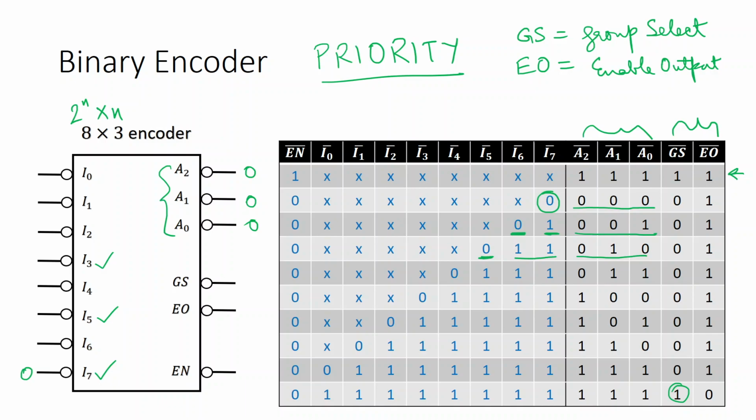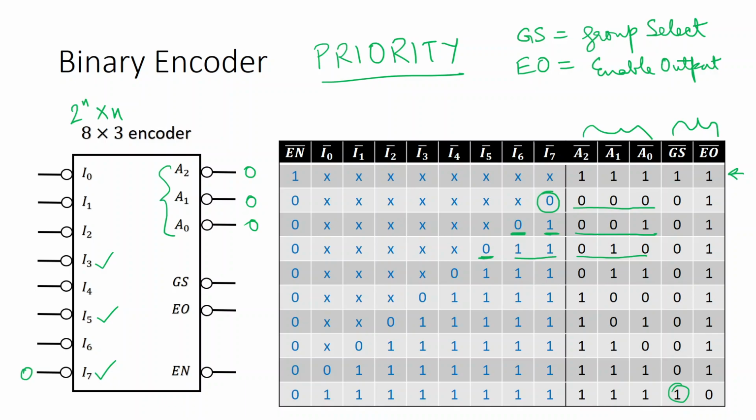You look at enable output, it is simply the opposite. Enable output gets activated when none of the inputs are active. That means I am allowing an activation signal to pass from this enable output. Why are these important? These are important when you are cascading the encoders. When you are cascading the encoders, it is important to also know the status or state of each encoder that you are cascading.